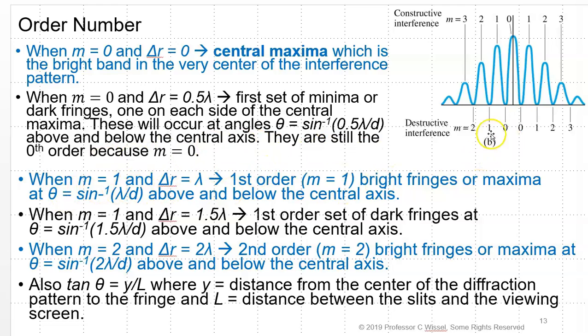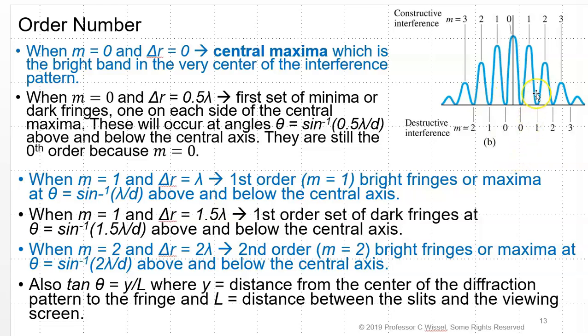When m equals 1 and delta r equals lambda, you end up with the first order, which is the m equal 1 bright fringes. That's this one here and that one there. And these are called maxima. They occur at the angle of the inverse sine of lambda over d above and below the central axis. When m equals 1 and delta r is 1.5 wavelengths, then you end up with destructive interference again, and the first order set of dark fringes at theta equals the inverse sine of 1.5 lambda over d on either side